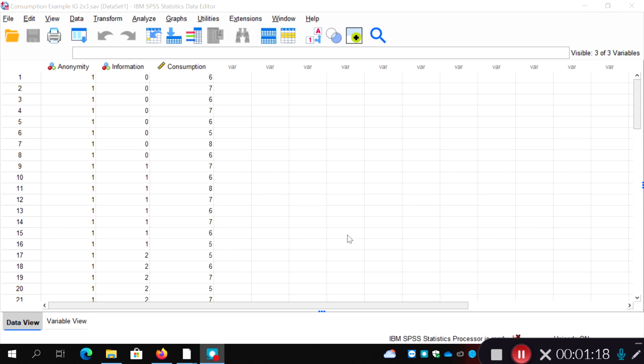I think the main difficulty is not running the analysis, which is quite straightforward. The main difficulty is the fact that you get quite a lot of output, so knowing which things to pick out of the many tables that SPSS gives you. But the data set I've got in front of me,